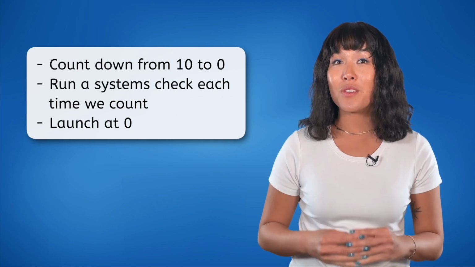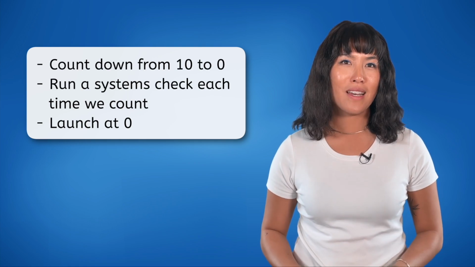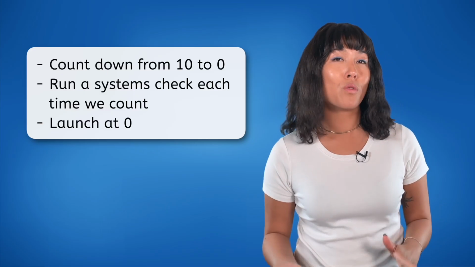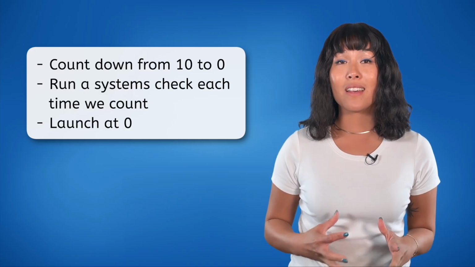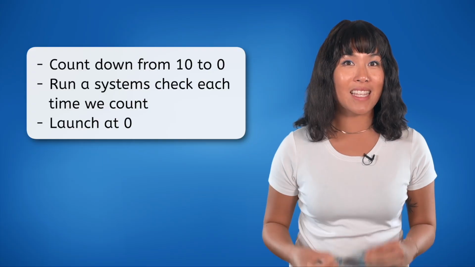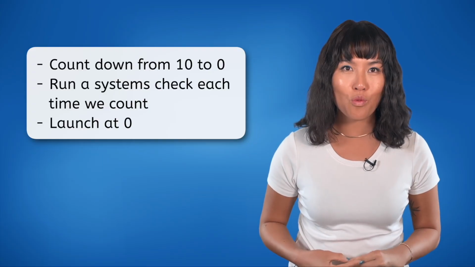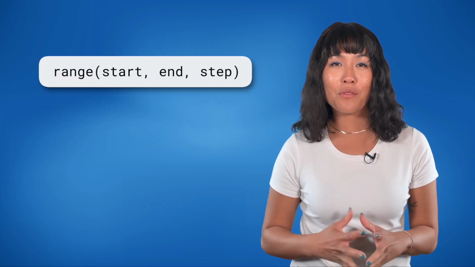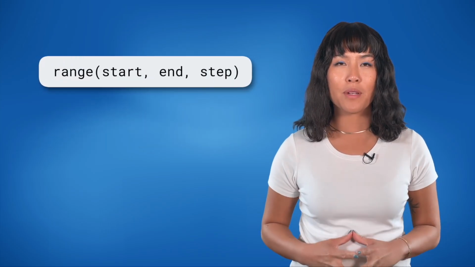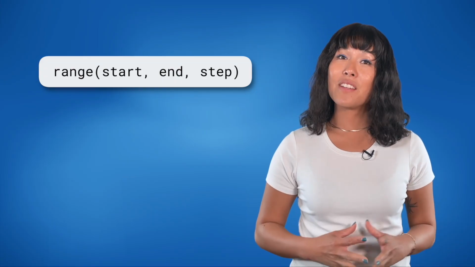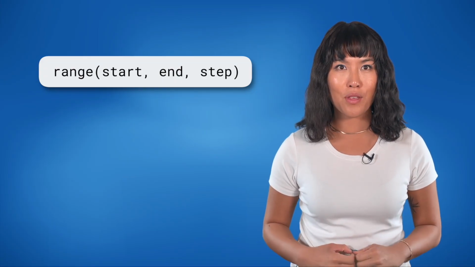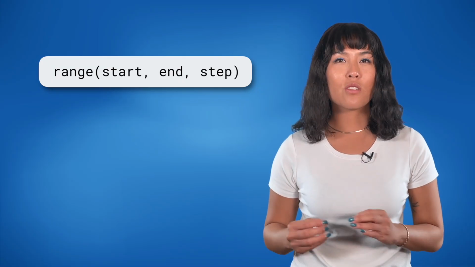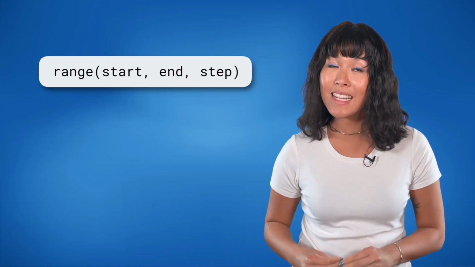We will introduce a new version of the range function to help us with this. Unlike our usual counting sequences, where numbers ascend, we will need to descend until a certain value is reached. Using this version of the range function, we have 3 parameters: the starting value, the ending value, and the step value. Just as with our previous version of the function, the starting value is where we want to begin counting,